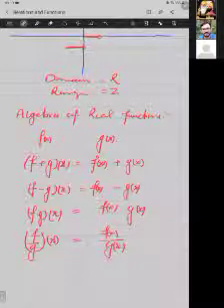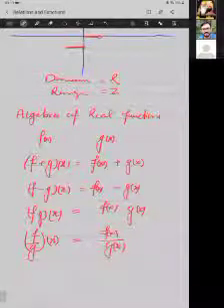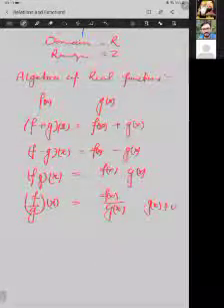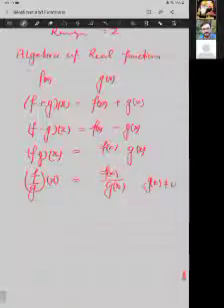Some of the things you might be able to understand, but to get it in the best manner, we must go for a few questions. Here you must keep in mind one thing, that gx should not be equal to 0. gx can never be equal to 0. So now one example I'm taking.